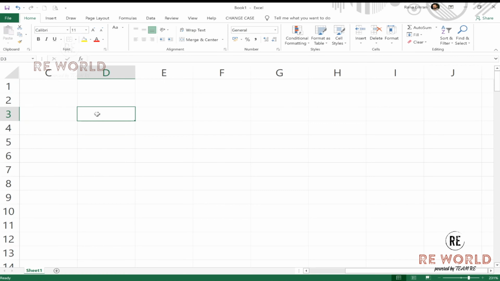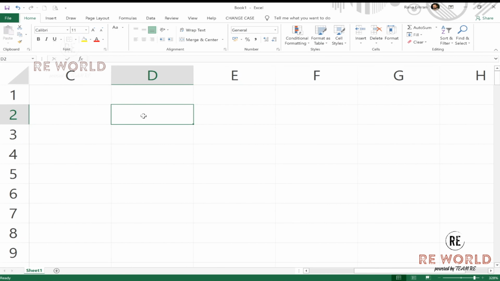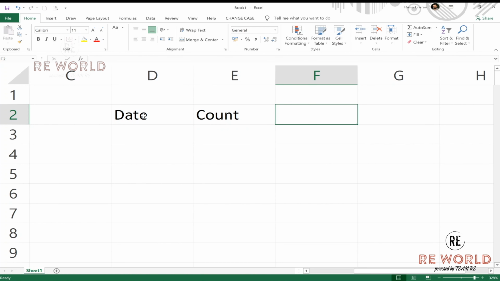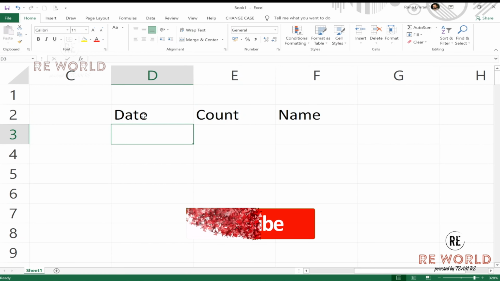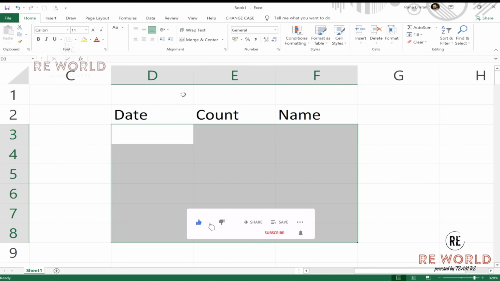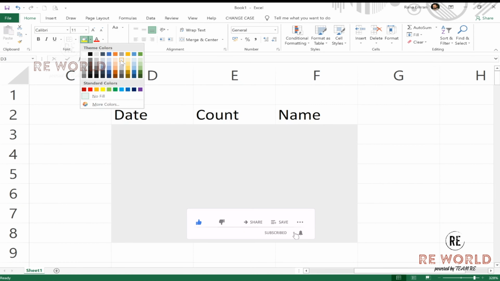Let me give you a few examples here. Let me make it bigger. I have a range, let's say it is date, or it is count and it is name, for example. Now let me give some colors to this range just to distinguish that I am working on this area.